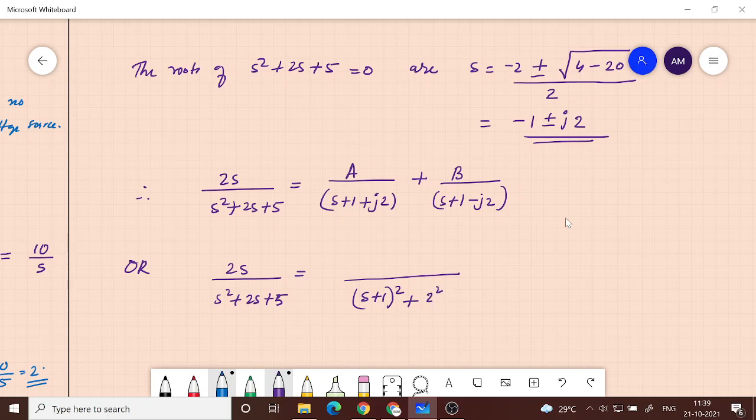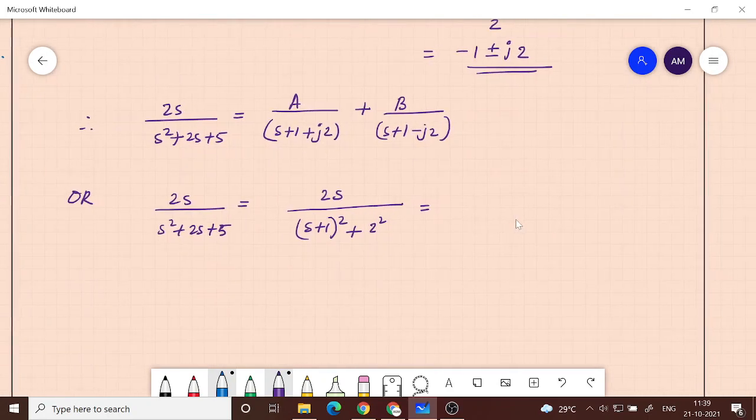So this way I can write, okay, divide by 2s. Then what I would like to do is, since there is s plus 1 here, I try to bring s plus 1 here. So I will write s plus 1 then minus 1 divided by s plus 1 the whole square plus 2